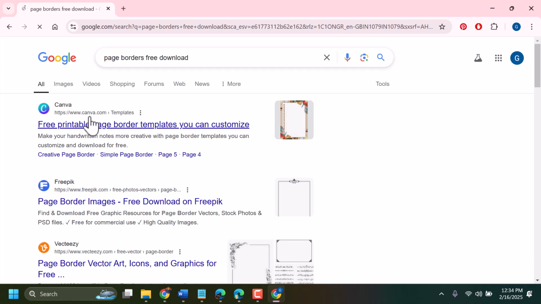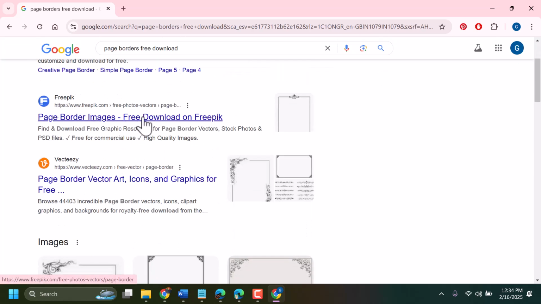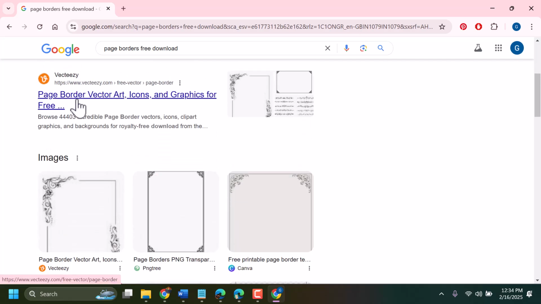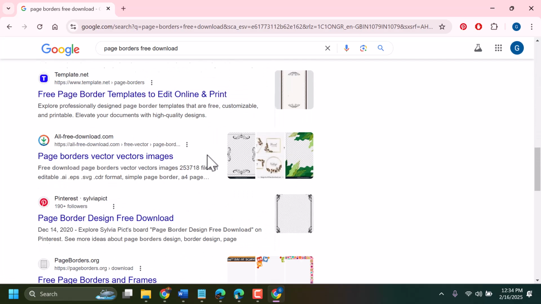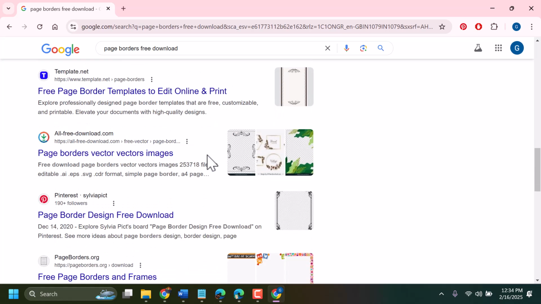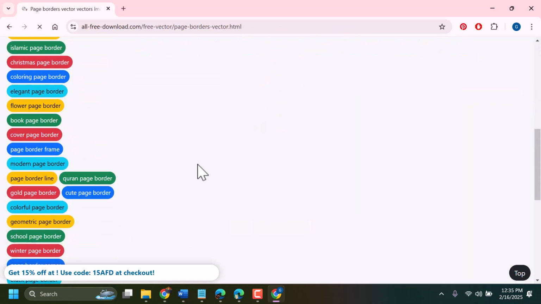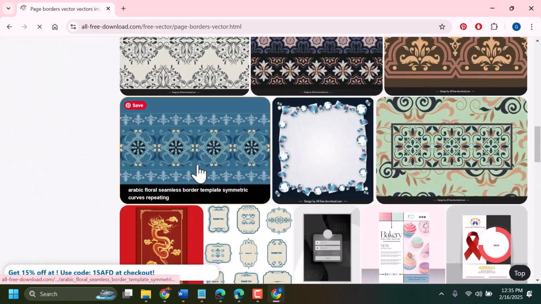So in the Canva you will see some borders option of free pick or vector page border. Open any website and try which is giving you free borders,